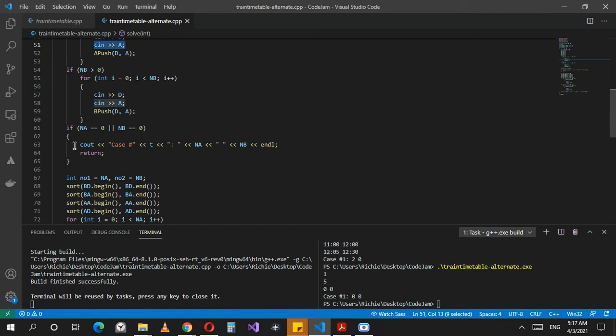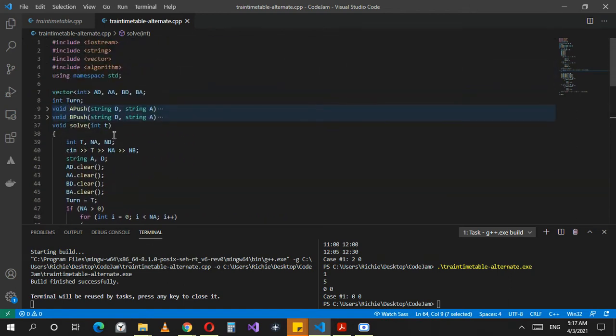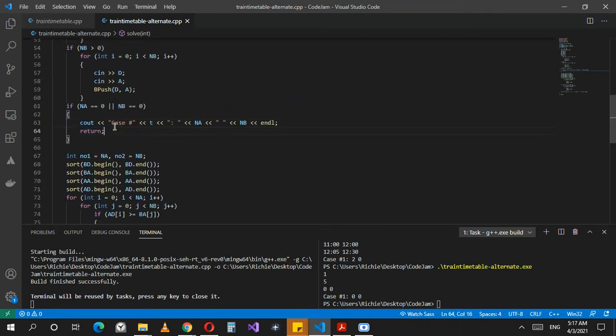So right off the bat, you can say cout the case, this is the format for the output. For this case, you're just going to output the lengths back because one of them is zero and the other one, you need all the trains to make the trip from that station to the other. And we just return, we exit the loop since it's void. Just have an empty return there and it exits the loop. I think you already know that.